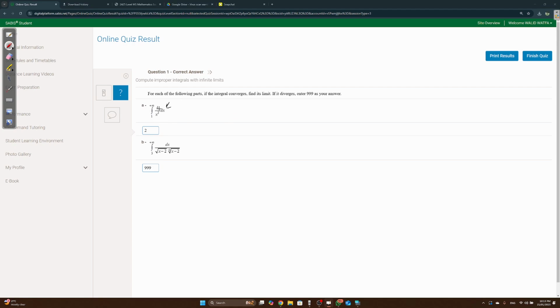First question, the integral of 4 over x cubed dx from 1 until infinity. Remember, when working with infinity improper integrals, you start by saying 1 until b and integrating normally. Okay, let's integrate. Integral 1 to b, 4x to the minus 3 dx, so it becomes 4x to the minus 2 over minus 2 from 1 until b, so it's going to become negative 2 over x squared from 1